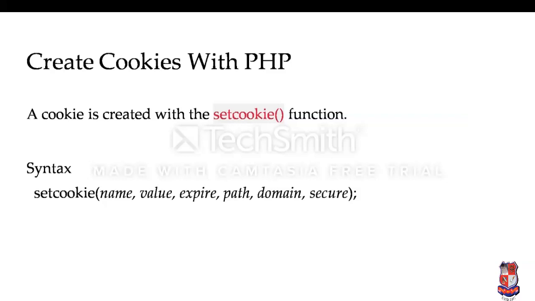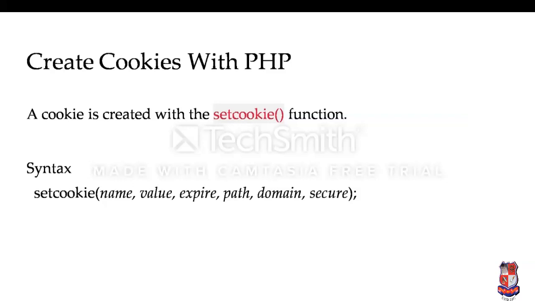The first parameter is name. This will be the ID of the cookie, or we can say the cookie will be created using this name. And when we access the cookie, we will use this name. The value parameter is the information stored in the cookie. The third is the optional expiry. This indicates the validity of the cookie, up to which time the cookie should be valid. It accepts the parameter in seconds.